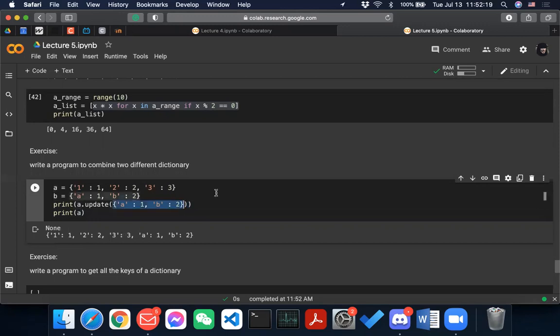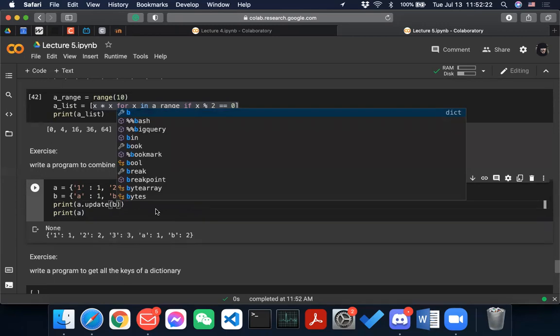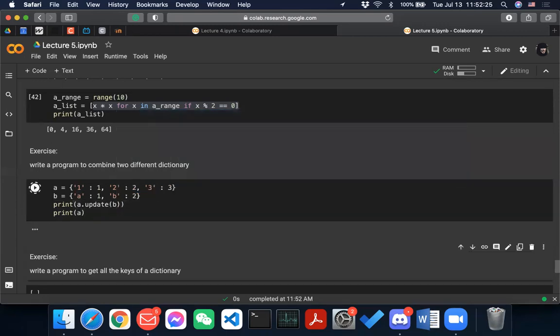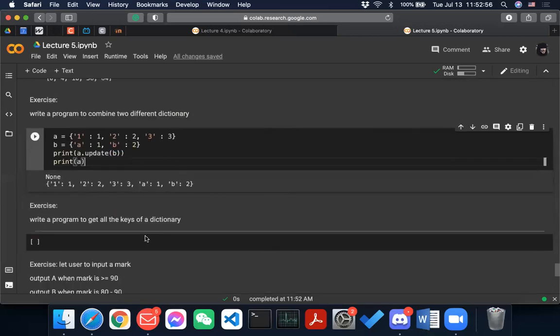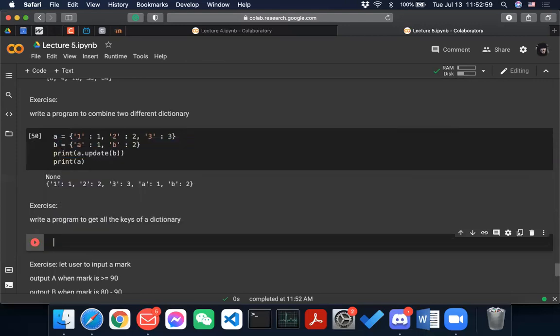You have dictionary A, you have dictionary B, and then you can do A dot update B. If you try to access the value of this statement, it will be None, because the outcome of this statement is actually None, and the value that is updated is already stored in A. So if you print A, then you will get the correct answer. All right, get it?